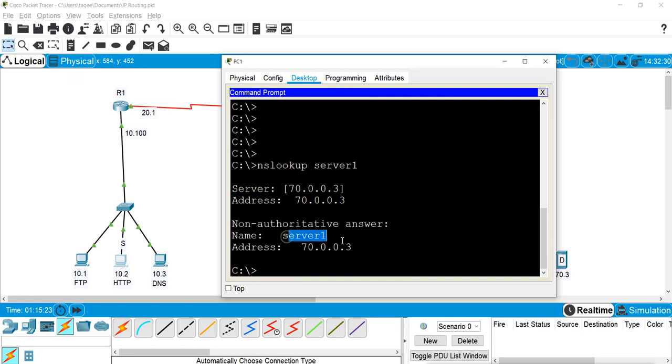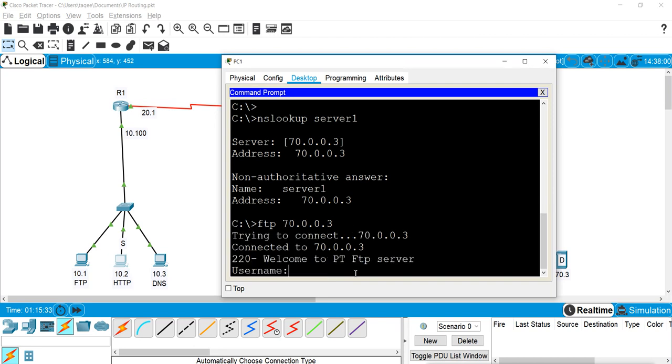So DNS is working. Now let's check the FTP. FTP and this server IP, and it is connected. It says welcome to FTP server. You will give username and password and you will log in. So FTP is also working.